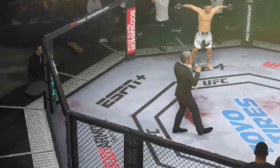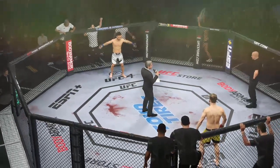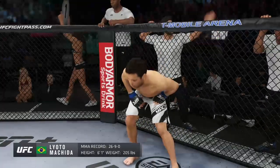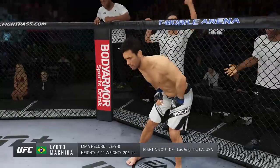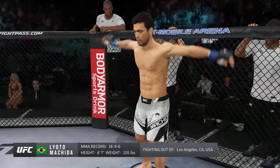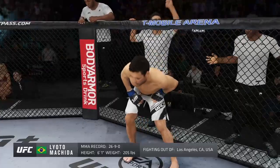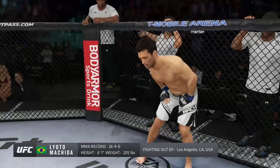Ladies and gentlemen, this fight is 3 rounds in the UFC light heavyweight division. Introducing first, fighting out of the blue corner. This man is a karate fighter, holding a professional record of 26 wins, 9 losses. He stands 6 feet 1 inch tall, weighing in at 205 pounds. Fighting out of Los Angeles, California, USA. Ladies and gentlemen, presenting the former UFC light heavyweight champion of the world,